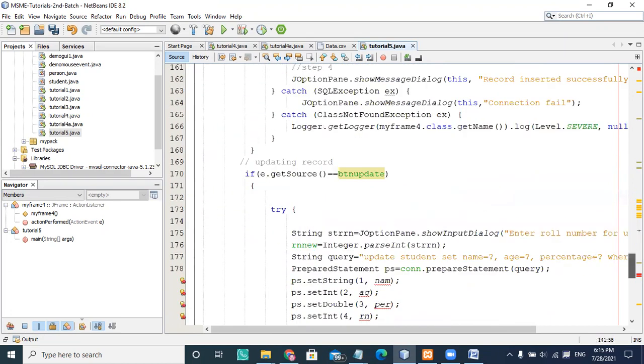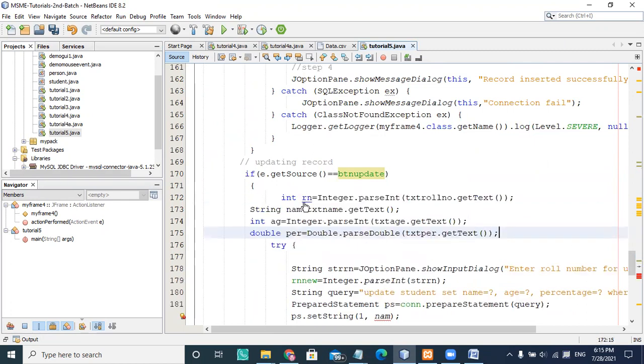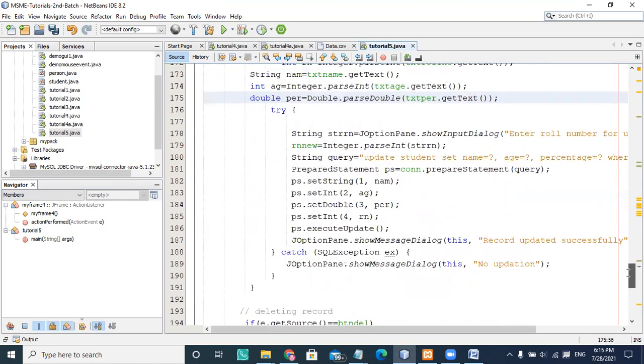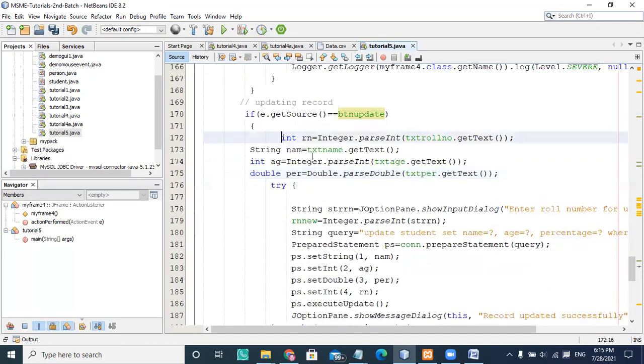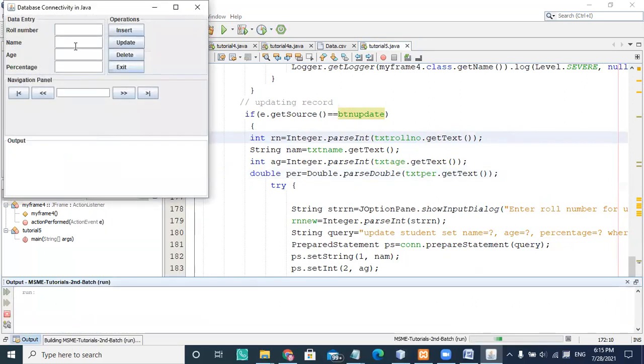Maybe it's coming here, and the problem is an initialization problem because of this. This is not correct practice, but I'm showing it. Let me check.